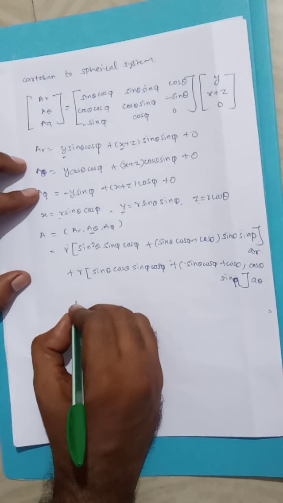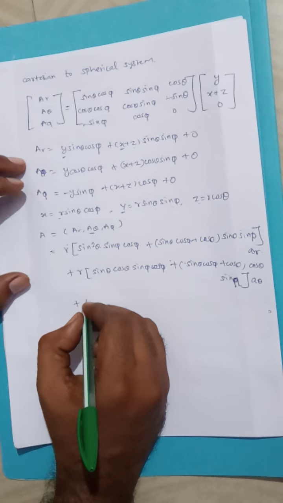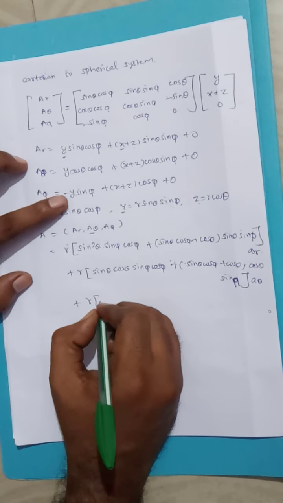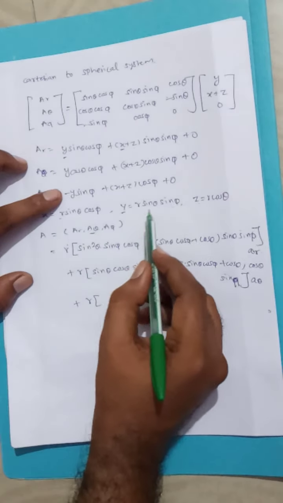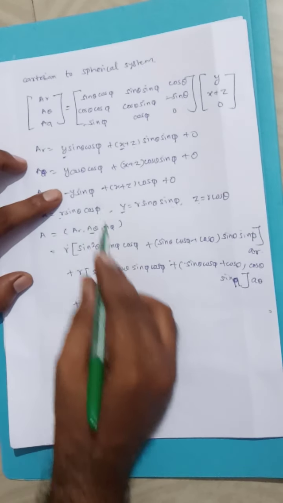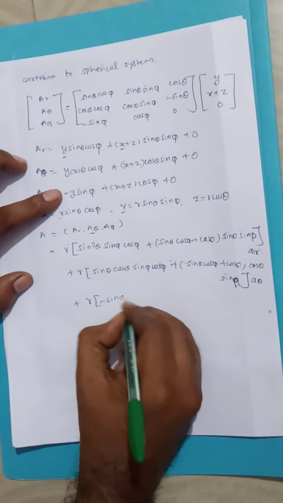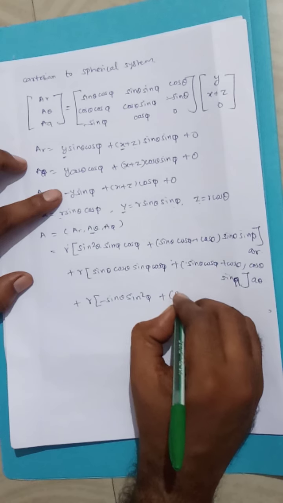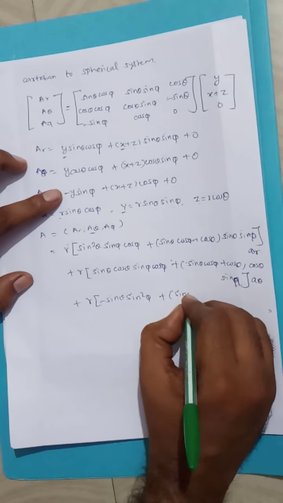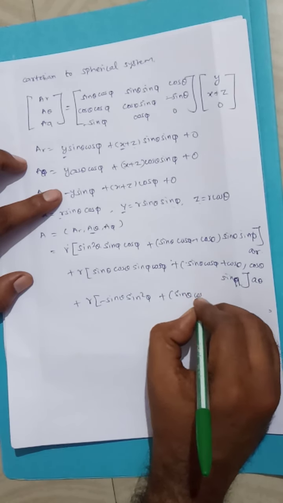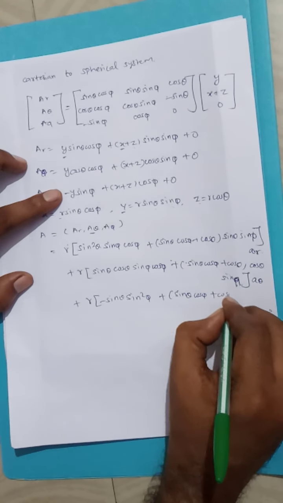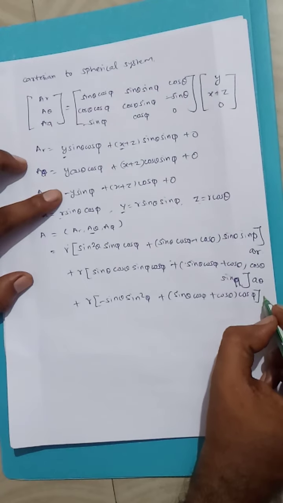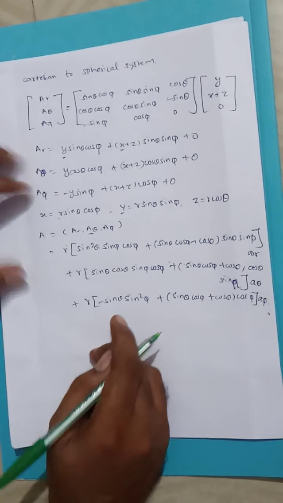Then the a phi value should be added. So here also I am taking r outside. Since y is sin theta sin phi, and already one sin phi is there, I will be getting minus sin theta sin square phi. Then x plus z, r I have taken outside: sin theta cos phi plus cos theta cos phi. The third value is 0. So this is the a phi component.